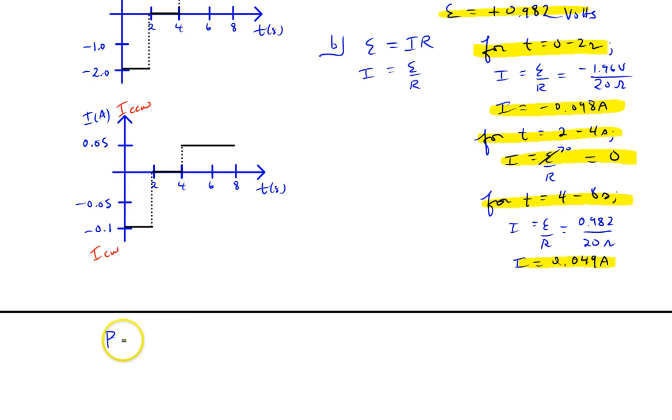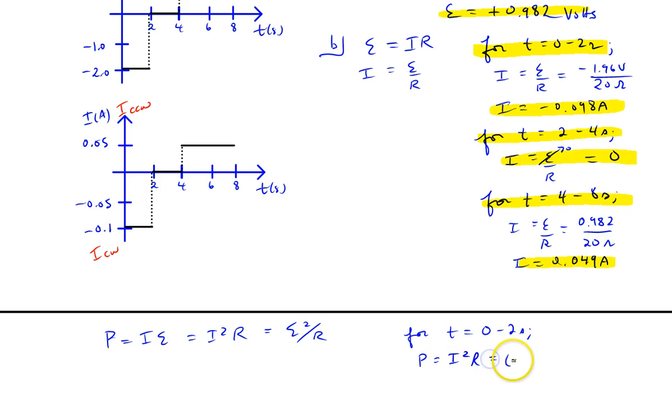Our power is determined by a couple equations. You could use the current times the voltage. You could use the current squared times the resistance, or you could use the EMF squared divided by the resistance. Any of those equations will work. So we just need to go through each of the time intervals and determine the power. So from 0 to 2 seconds, we can use the current we just got. I squared times R. We have a current of negative 0.098 amps squared times the resistance of 20 ohms. That'll give me a power of